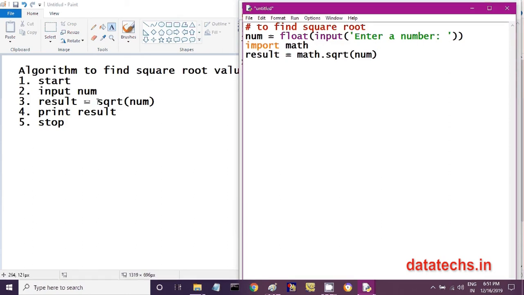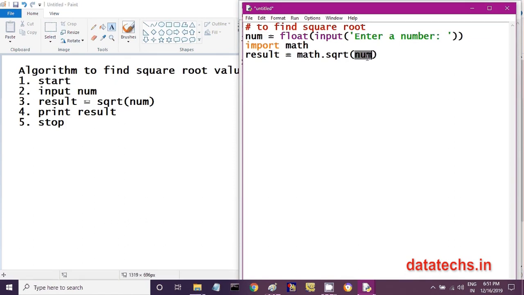Please observe here: import math means I am importing the math module, or math program, that was already created by the Python people. In that math module, the sqrt function I want to call, so I have to write math.sqrt and pass this num value to it.